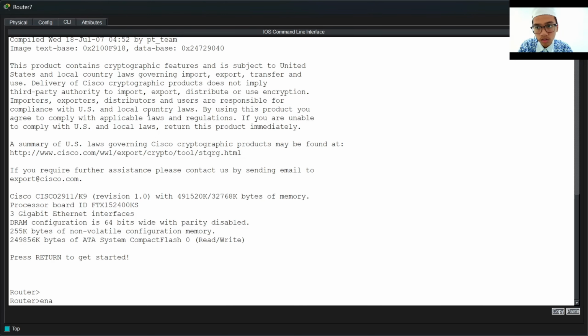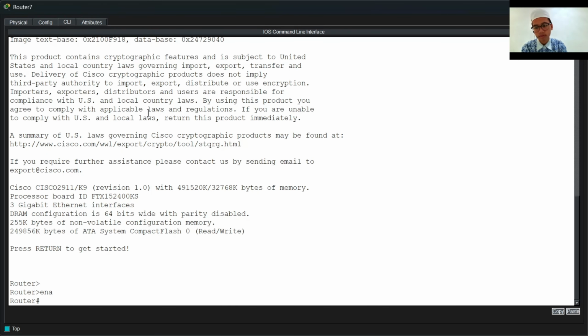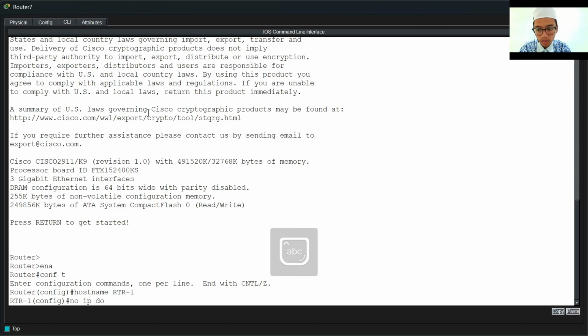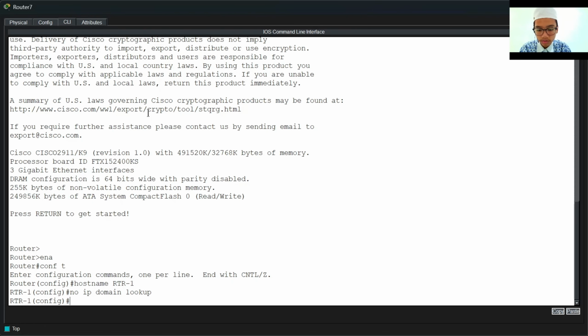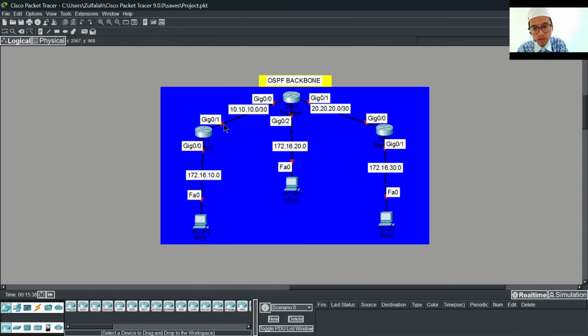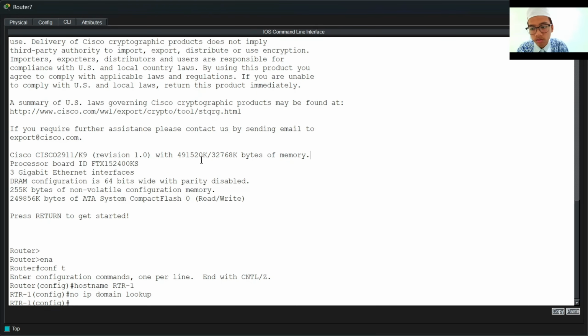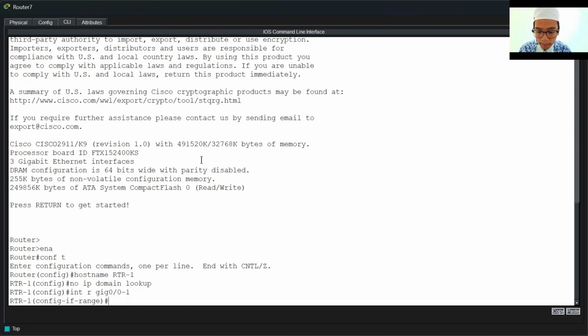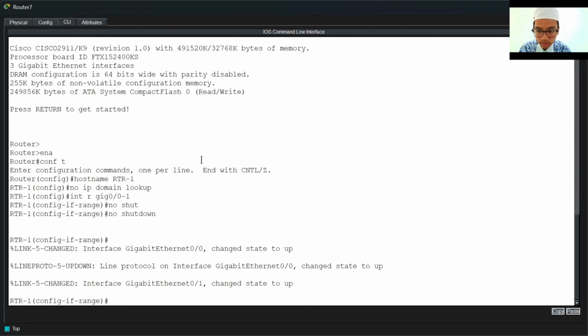Okay, now we configure router 1. First we enable, then configure terminal to go to global mode. Then change the hostname, and no ip domain-lookup. Then we go to the interfaces that connect to other devices, 0/1 and 0/0, and turn them on with no shutdown.